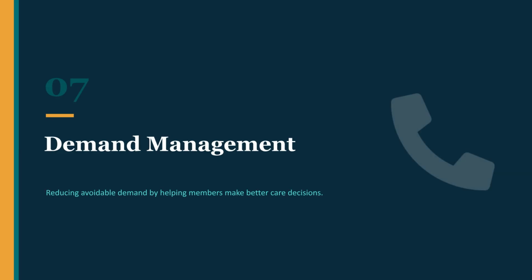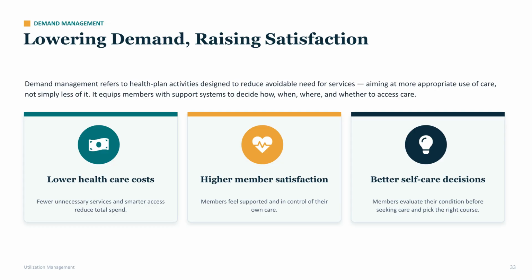This strategy focuses on reducing avoidable needs by empowering members to make informed, appropriate decisions about how and when to seek care. Demand management balances access and cost. By supporting members with the right information, we reduce unnecessary service utilization, improve patient satisfaction, and ensure care is sought